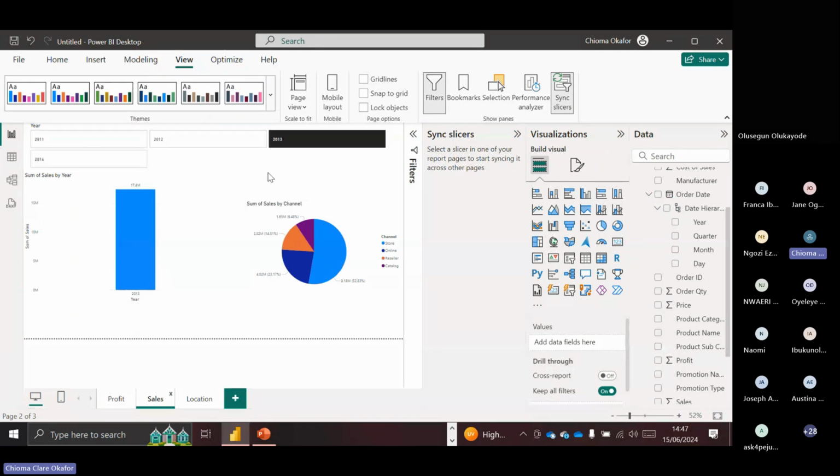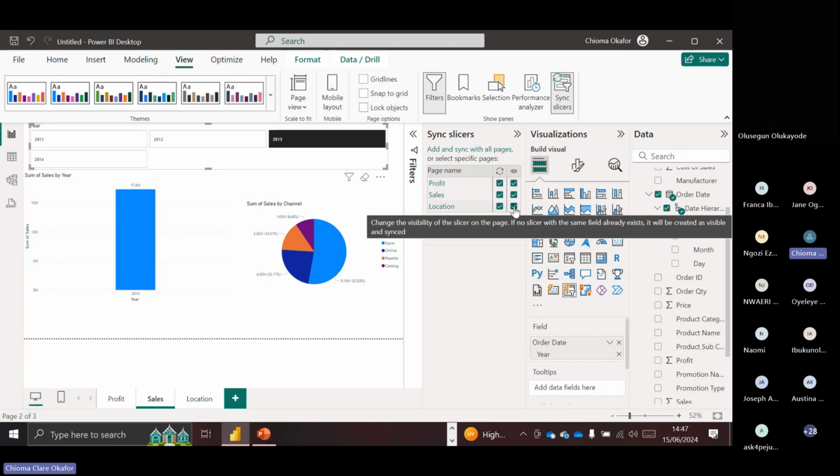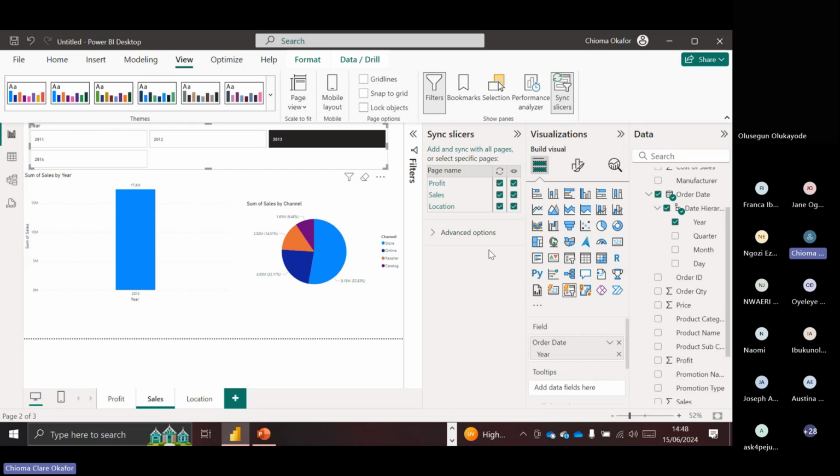Now, what if, remember for location, we don't even have anything there. And then tomorrow I decide, okay, no, I want to sync this page, and I didn't even copy this to that place. The beauty about Power BI is that I can just say, still sync, and even though I don't have this, put it there for me and do the same. So if I go on location now,